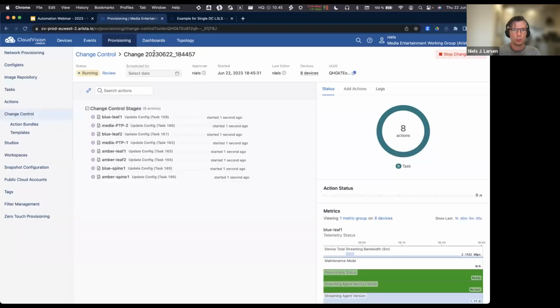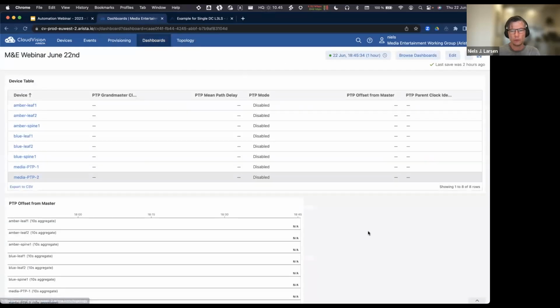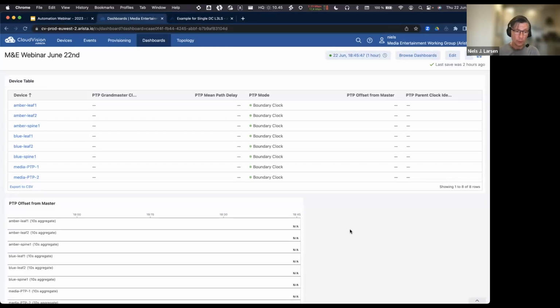So this should be done very quickly, and the dashboard will show you in very near real time. Once the configuration has been applied, you can see now the boundary clock is enabled on the various devices. And shortly, PTP should start getting actual data from the Grandmaster.